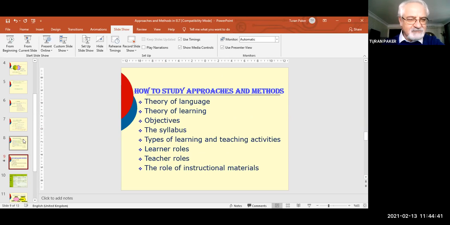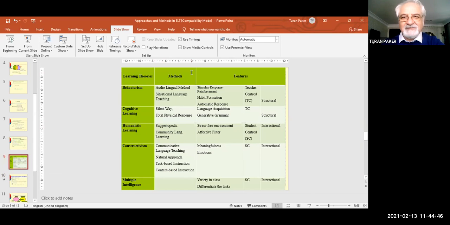First of all, let me just change the slide. Sorry. First of all, this one. Yes, from a historical point of view, there are a lot of approaches and methods, because initially the first method is considered the grammar translation method. And the purpose was to be able to read either holy books like the Bible or Quran or other religious books, and to be able to read and understand and improve their intellectual capacity. And that was not the purpose of communication.